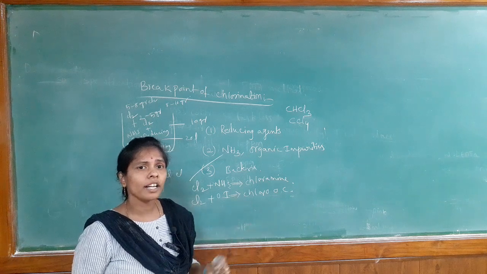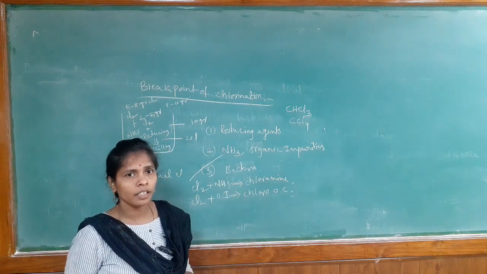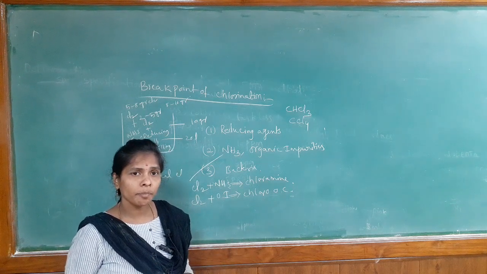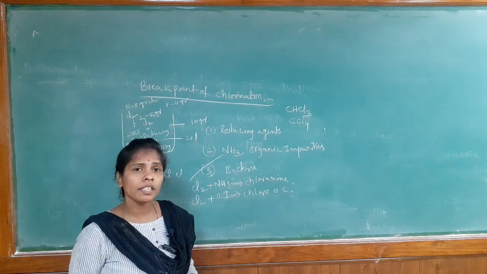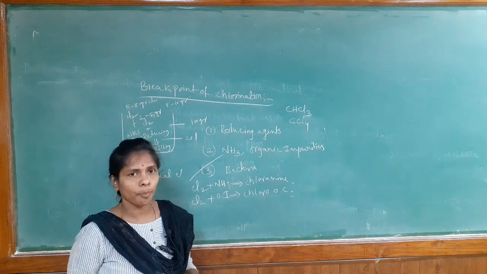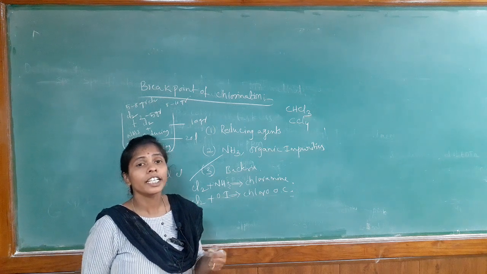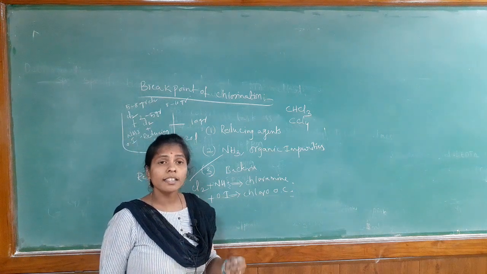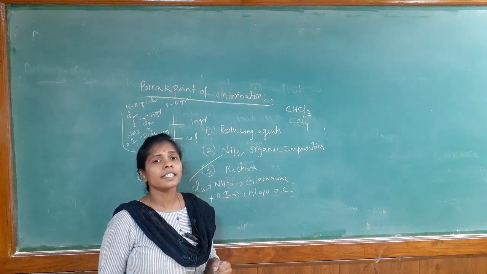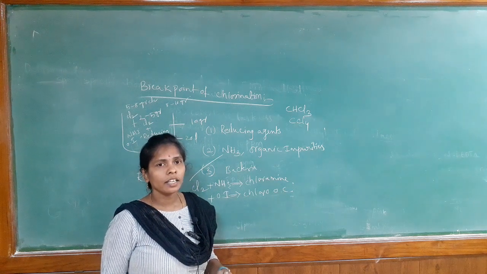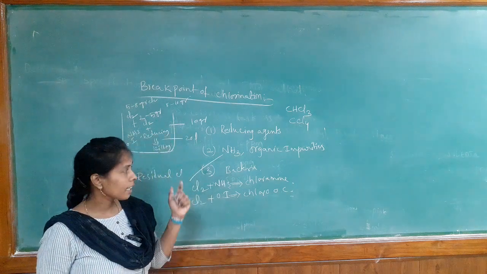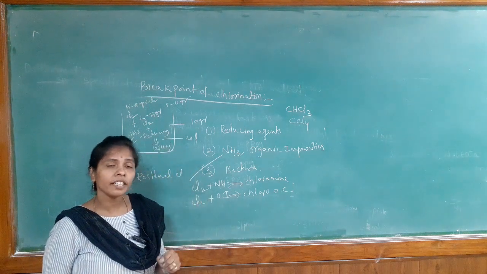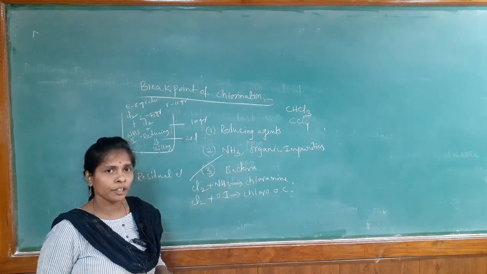If these products are forming in the water sample, the people will suffer from breathing problems and also heart problems. That means maybe it leads to heart stroke. Yes, these are the drawbacks of adding excess amount of chlorine in the chlorination process. So, now let us see the graph for the break point of chlorination. The graph is very important for the break point of chlorination.